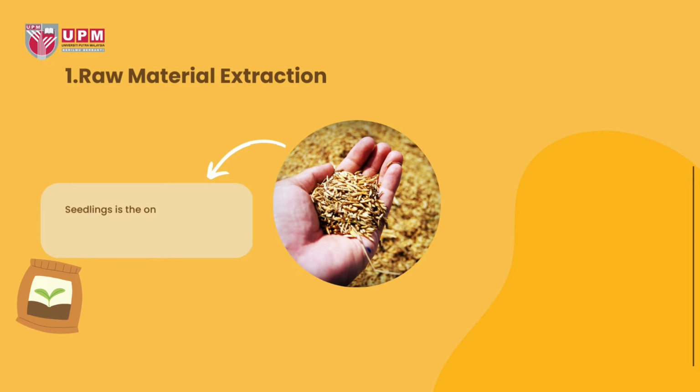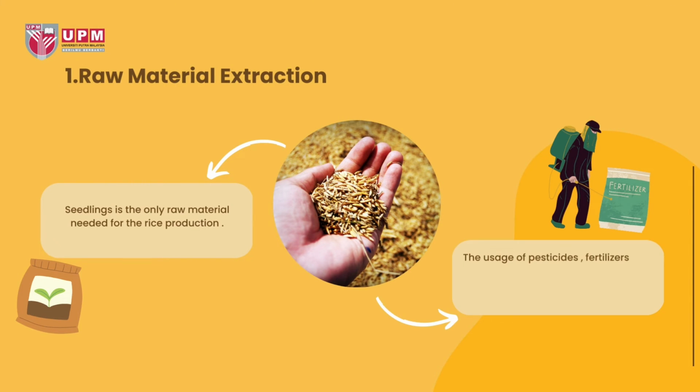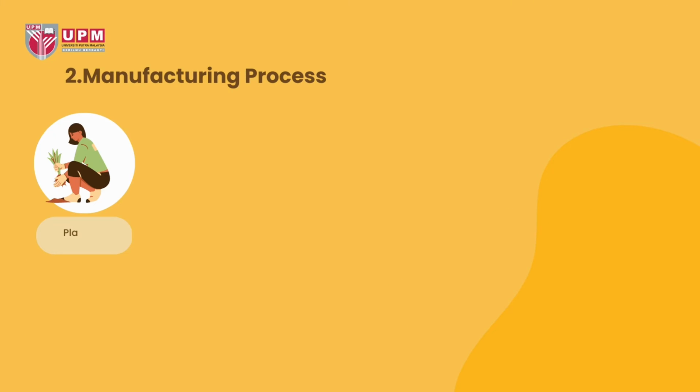Raw material extraction. Seedlings are the only raw material needed for rice production. The usage of pesticides, fertilizers, and herbicides can help to increase yield on larger fields. Manufacturing process. Planting,